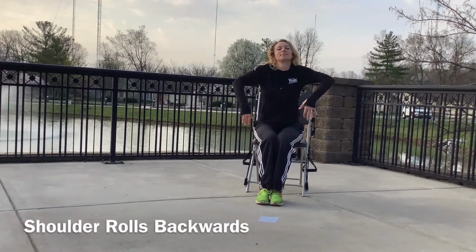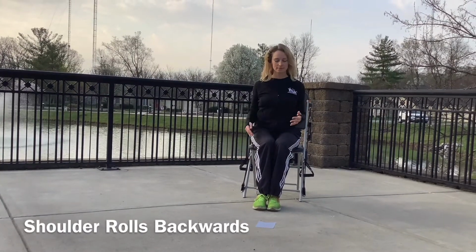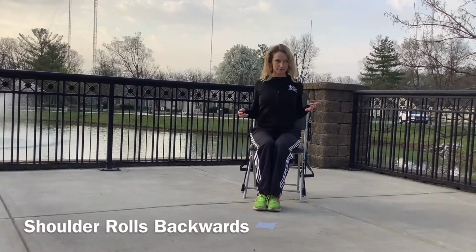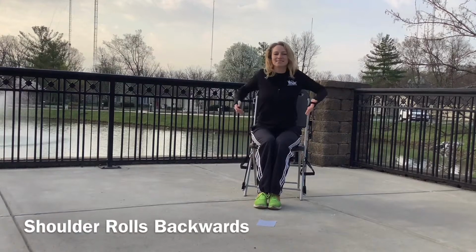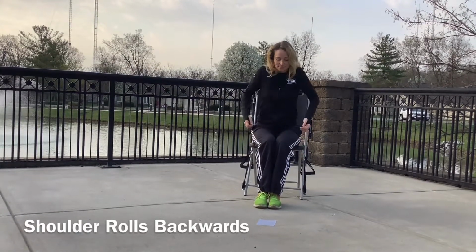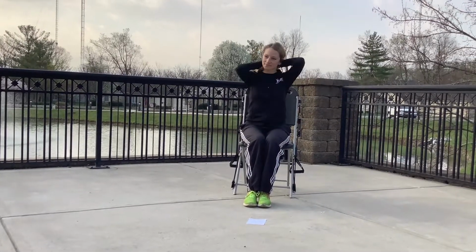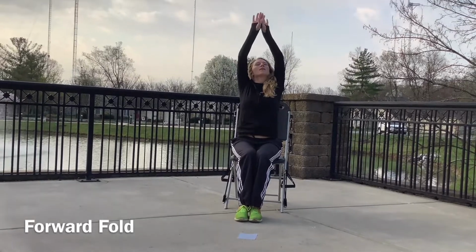We're going to sit up nice and tall, roll those shoulders back. We're going to do both shoulders at the same time, over-exaggerate that movement. 3, 2, and 1. Next, we'll forward fold, so take a deep breath in, bring the arms up, and on that